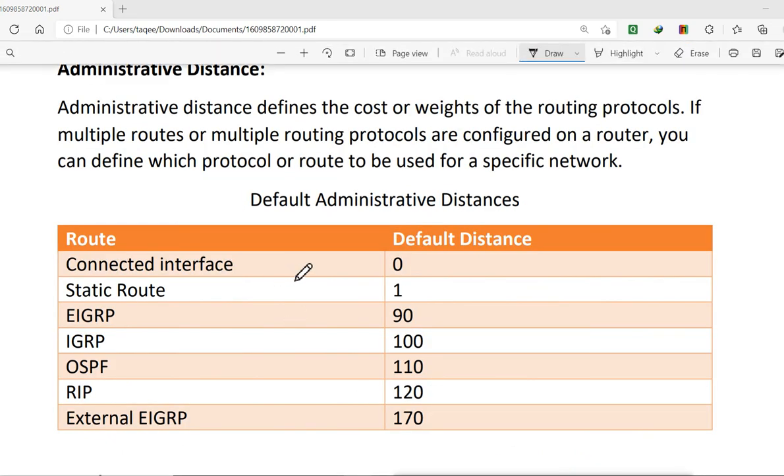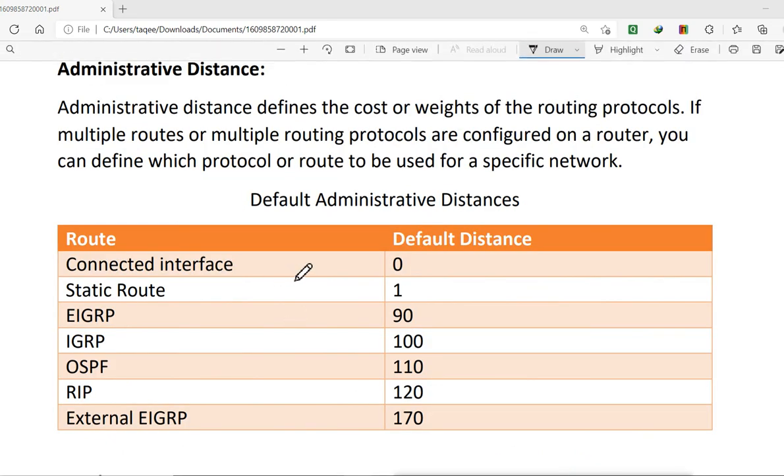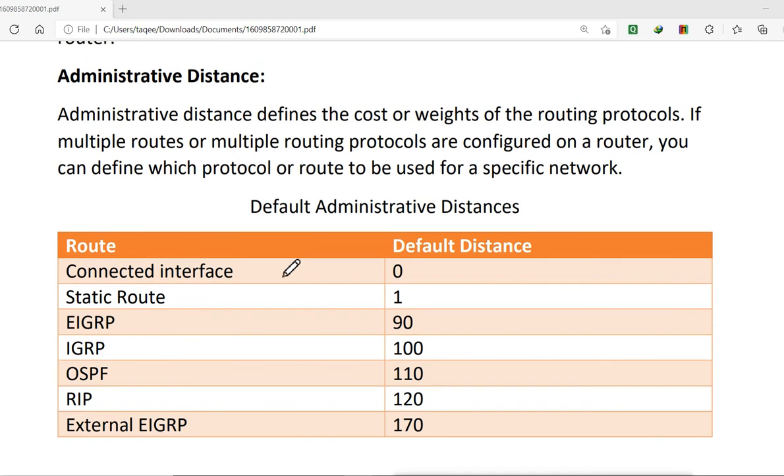And these are the AD values we have. These are the fixed values. Like when you have a connected interface, the AD value is 0. Connected interface means it is more reliable than any other network.